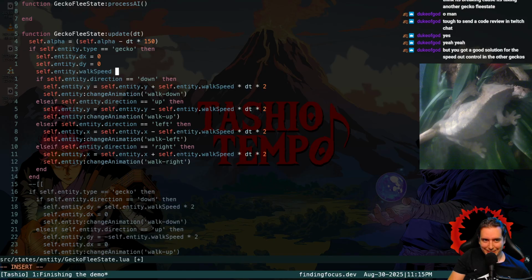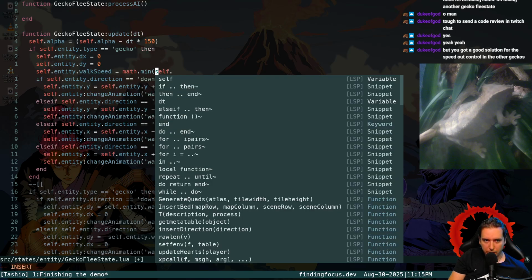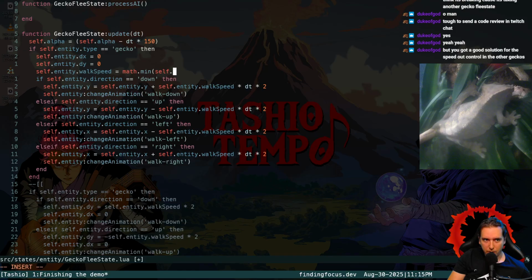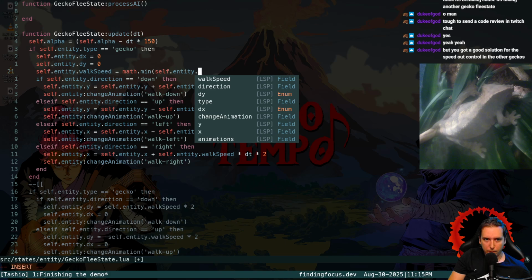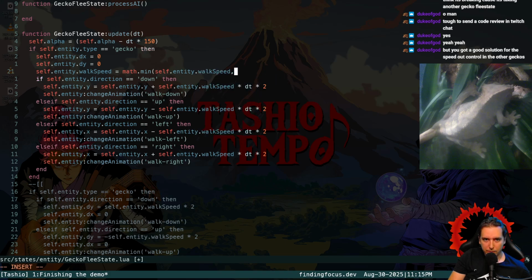So I'm going to set our walk speed to a Math.min value between our current walk speed and maybe 20, because our fastest normal gecko is 18, so if it's faster than that, it'll get capped at 20, and then